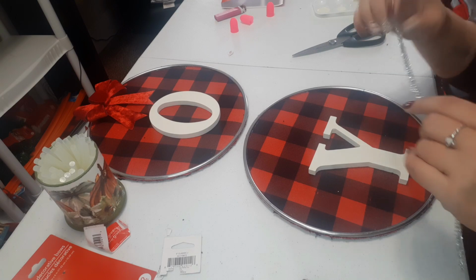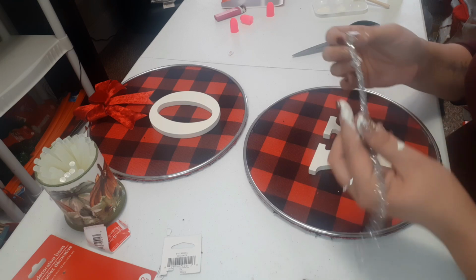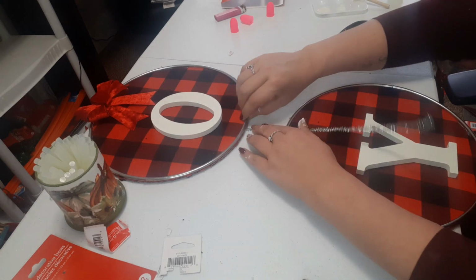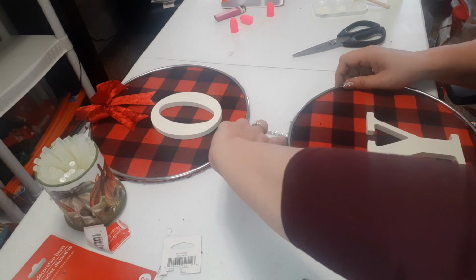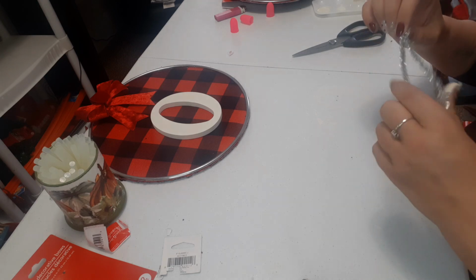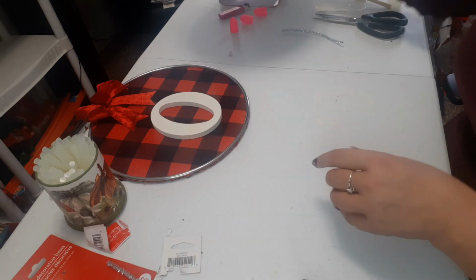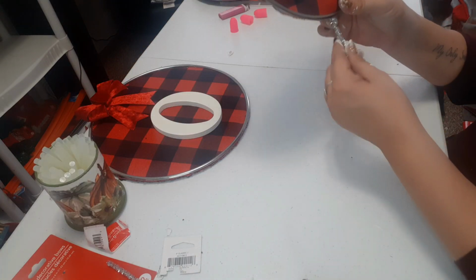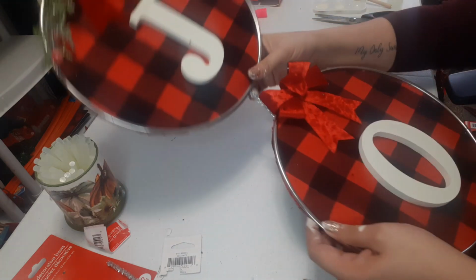So you have all of your letters here. I think I'm going to actually connect them with one of these silver tinsel, like, well, I call twisty ties. I'm sure they're called something else, but that's what I'm going to connect them with. I don't know how far I want them to hang. I'm just going to judge it here. All right. So what you can actually do is just cut this in half, like so. And then we're going to glue it like this, and then we're going to add our second letter here,